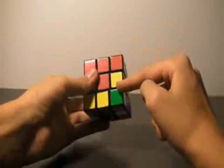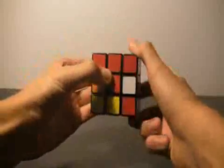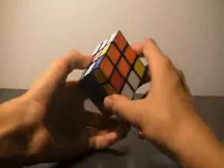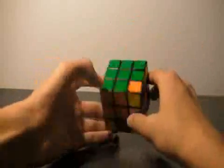So now since this is on the right side, we have to move it away to the left and bring down the right, place this in, and lift it up. Now as you can see, we've placed in the red and white corner, so we have the last one remaining. Let's look for it, and we found it right here. It is not in the optimal position, as you can see, because it's